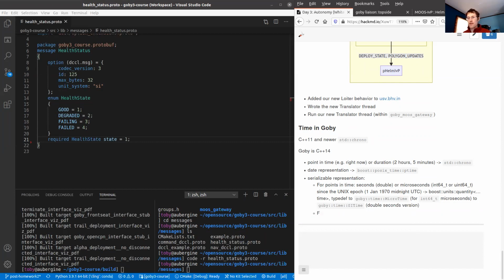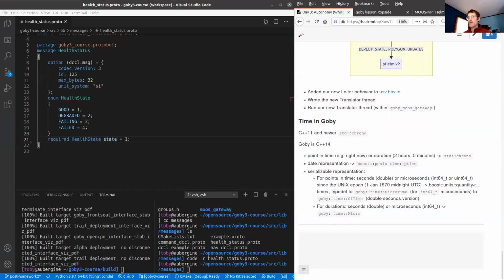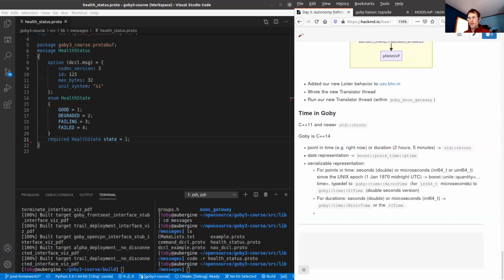So then for durations, we'll also use seconds or microseconds, int64s, and the same exact typedefs, the goby::time::MicroTime or the SITime, depending on whether you want to do seconds or microseconds.